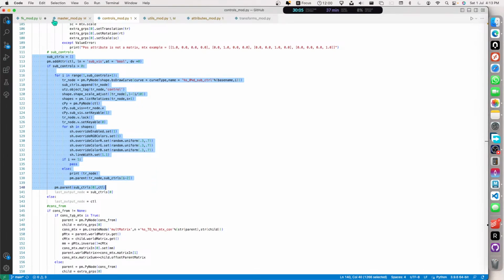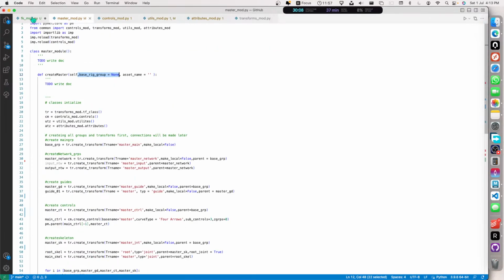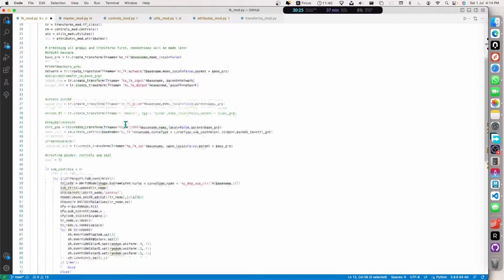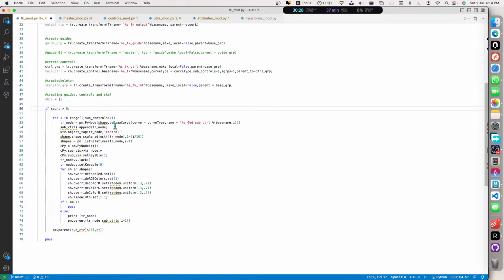Probably gonna have to remove many stuff from this, but that is alright. Not sub controls, controls or objects maybe. Don't need to add an attribute. If count is greater than 0, for I in range, sub controls plus 1, tr node is equal to this, creates